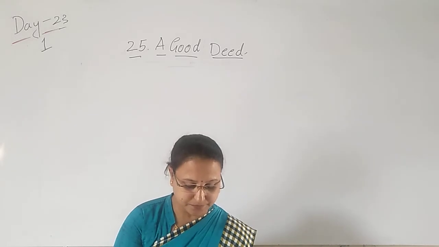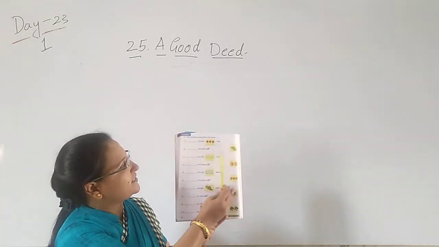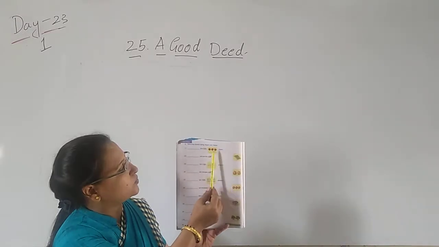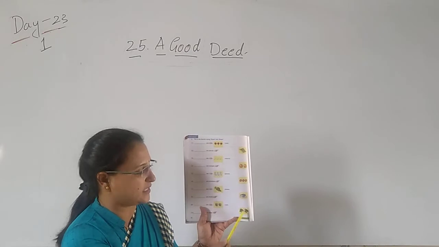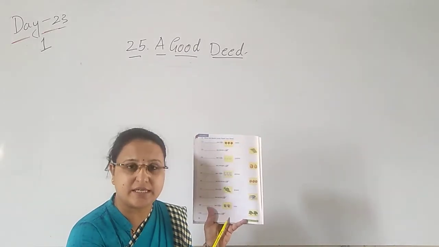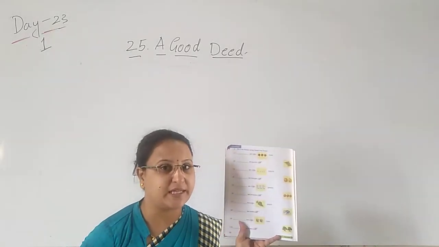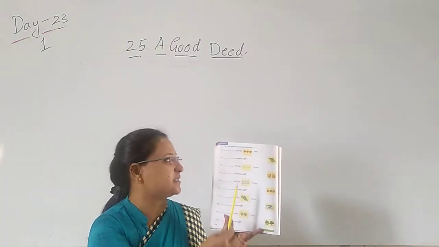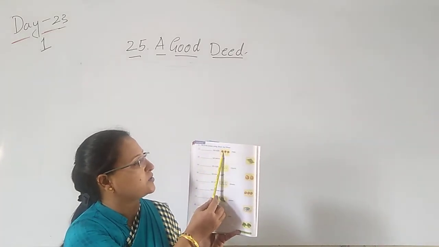And here, this one. Fill in the blanks with these and those. Here also you can see some of the things are near and some of the things are far. So the things which are nearer, we use these, and the things which are far, we use those, when they are in the plural. Yes. Dash are roses, these are roses.